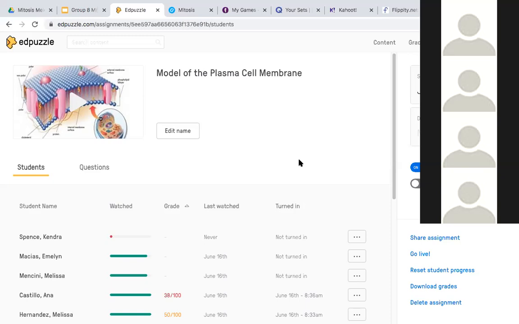I tried putting them in groups, but I think the best way to do it synchronously is just to go live, show it on the main screen, and have the questions pop up on their device. But you could certainly send out a link and do it in asynchronous classes as well. I'm always more interested in trying to do it synchronously right now. But anyway, thanks.